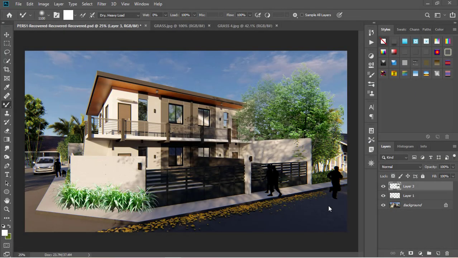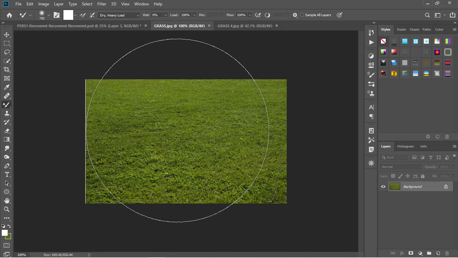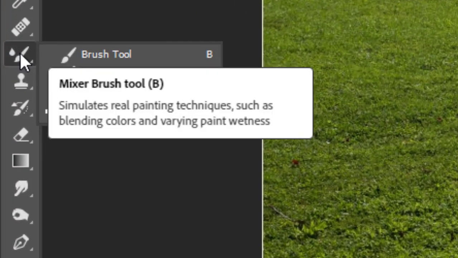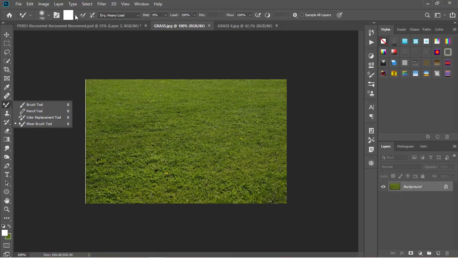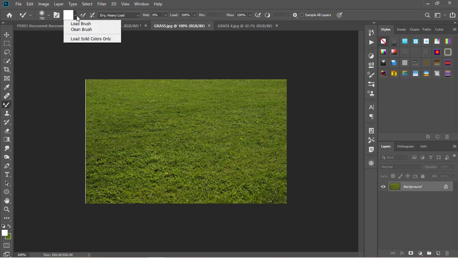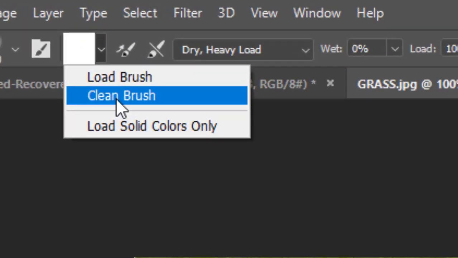Now let's turn this road into a grass. Anything is possible in Photoshop. We have here a grass image in JPEG file. We are still in our brush tool. In particular, we are using mixer brush tool. But before we do anything else, let's click clean brush